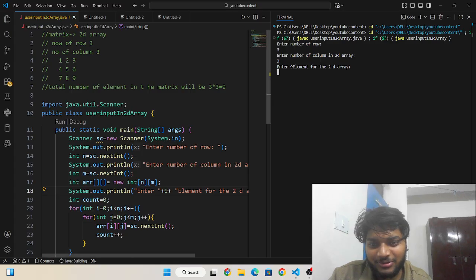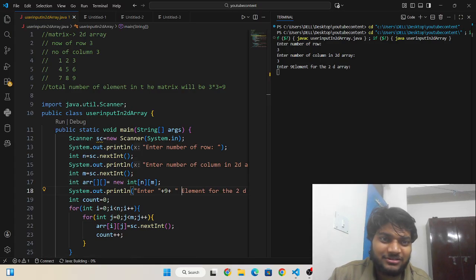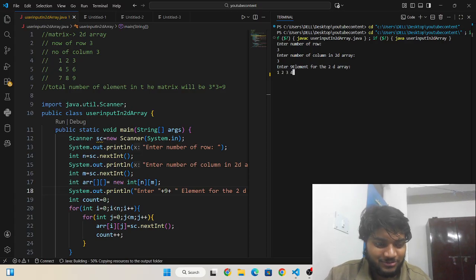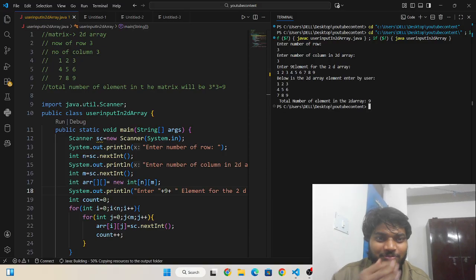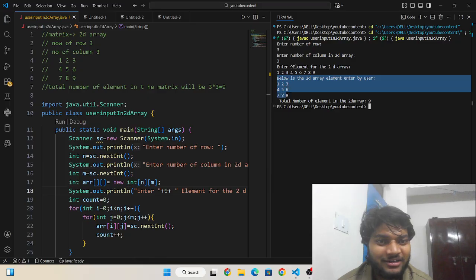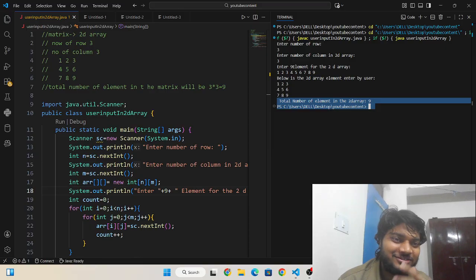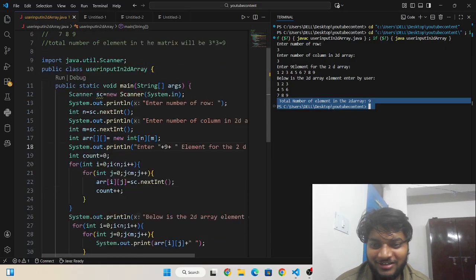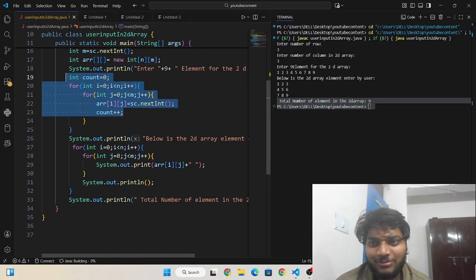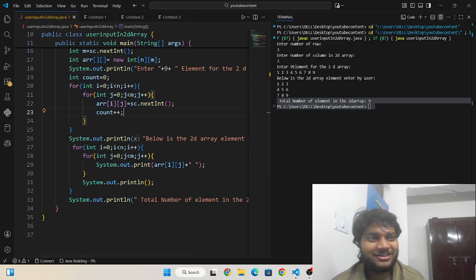Okay, if I press 1 here, then 9 will go separate. And here I need to write 1 2 3 4 5 6 7 8 9. You can see, bro, these are our elements, and this is our number of elements. You can calculate with this logic. First initialize a variable, that is count, and you have to increment it when you are entering the elements. Okay, thank you, have a nice day.